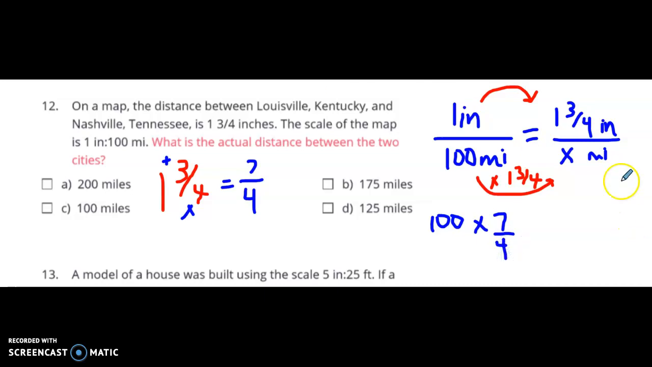How do we change 100 to a fraction? We put a 1 underneath, and then we multiply straight across. So 100 times 7, and 1 times 4. Again, this line means divide. 700 divided by 4, if we do it out, is 175. So x is 175, and x was in